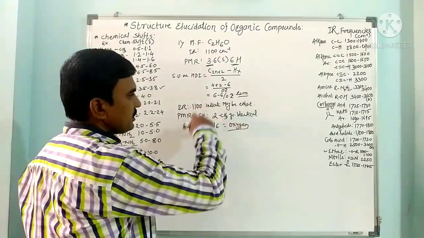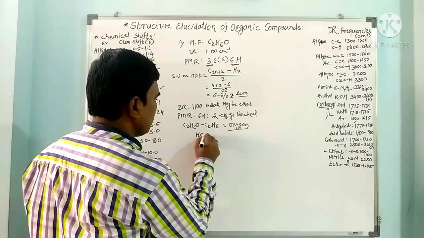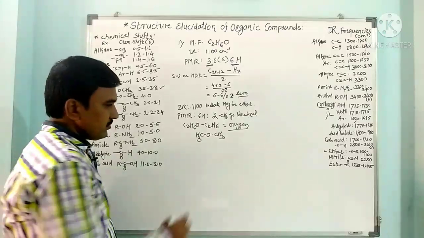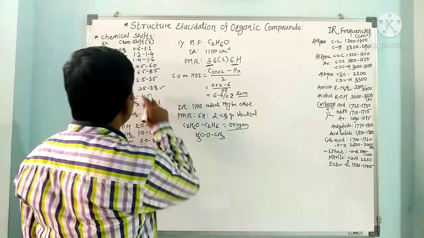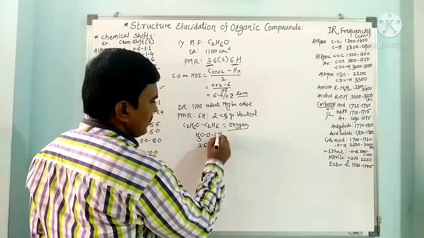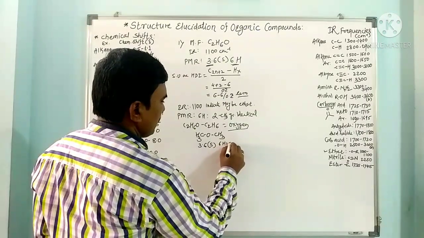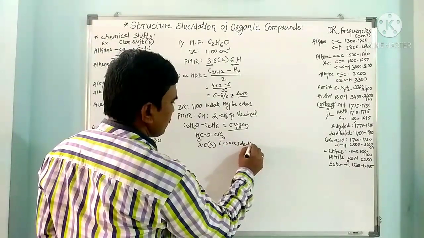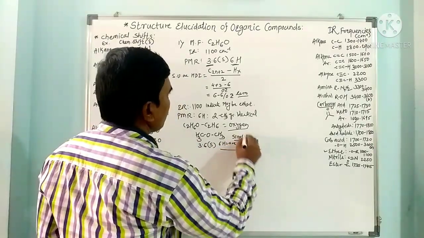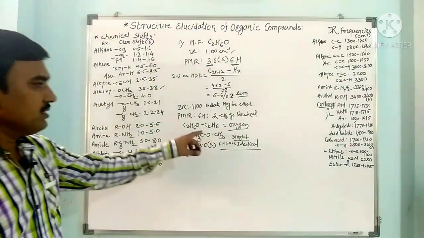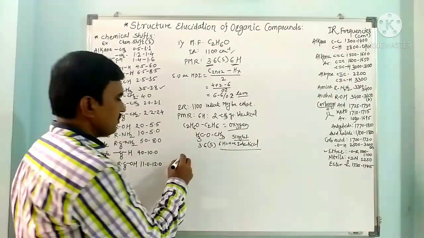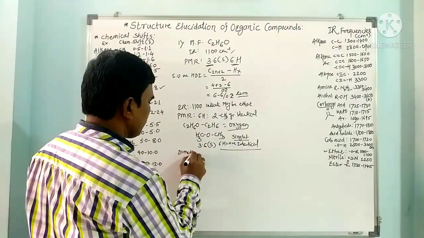When we insert this oxygen between 2 methyl groups, CH3-O-CH3, we get the structure of dimethyl ether. Because this methoxy has chemical shift 3.6 and it is attached to oxygen, it gives a singlet, and all the 6 hydrogens are identical. So all the 6 hydrogens give a singlet, and from this 1100 we can say the ether is present. So this is dimethyl ether. The structure we have now determined is dimethyl